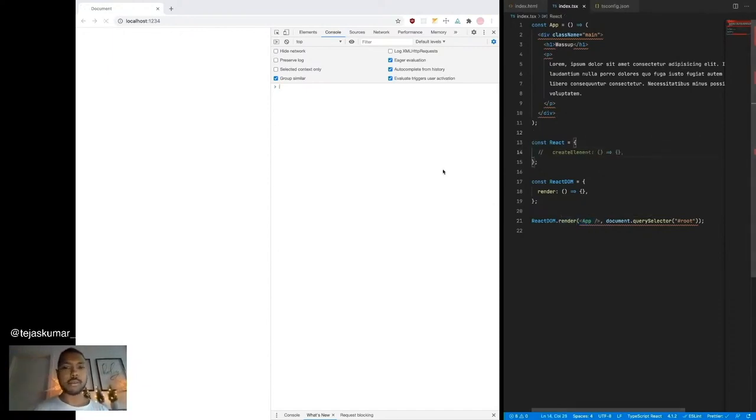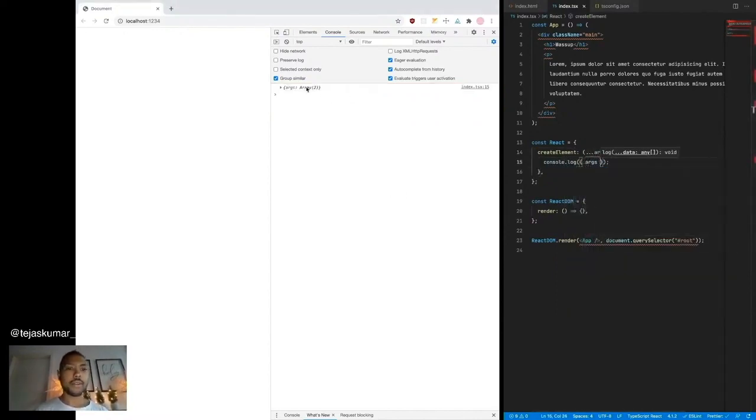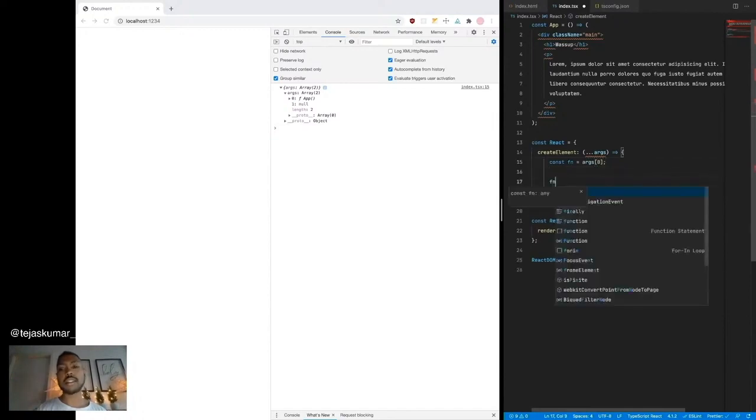React.createElement. If we comment this out, we're going to be yelled at. It's not a function. It's a function now. But most functions have inputs and then outputs. So let's see what this thing expects as inputs. If we get the arguments and we console.log them, what do we have? We have two arguments. The first one is a function reference, and the second one is null. Cool. So const fn is arg0, and null, I guess we'll leave that, and let's call the function.